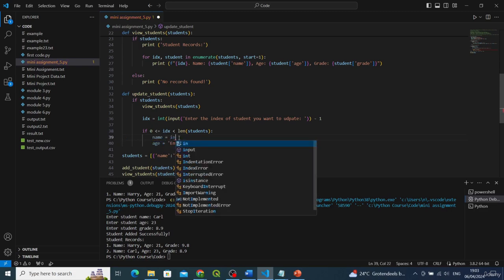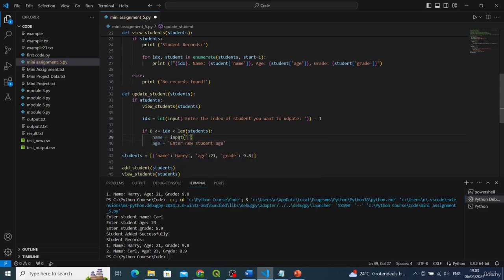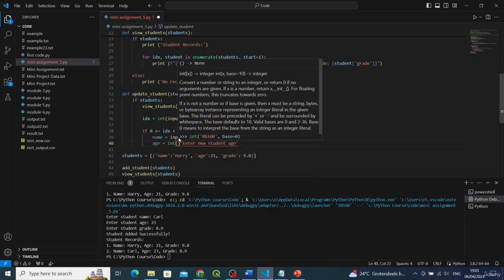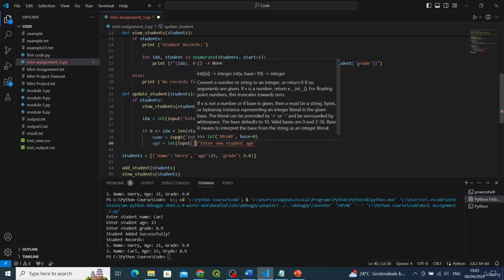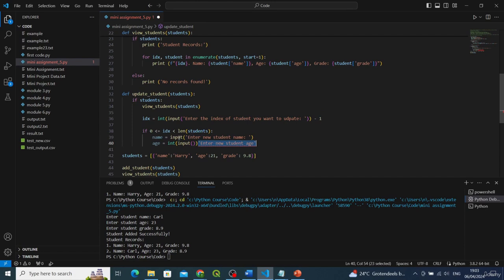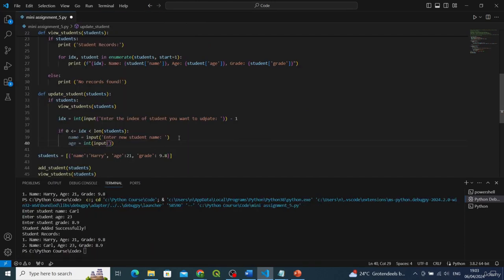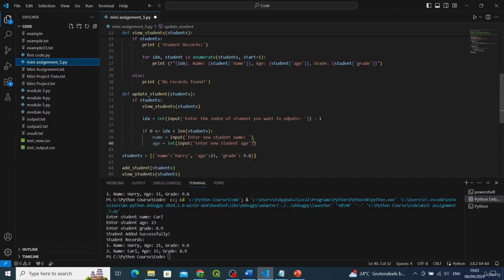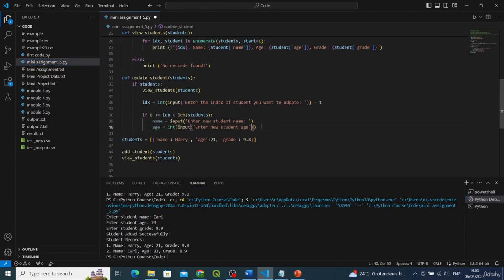Yeah, enter new student name like this, and for the age we want to go input like this. In the input we say enter new student age, and then the final thing we can say is grade is equal to